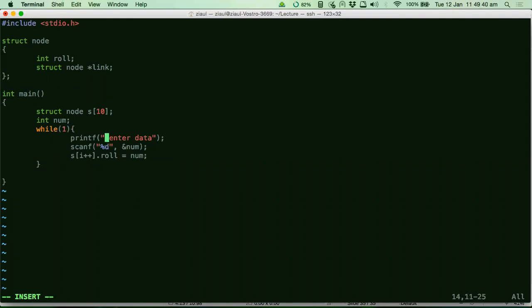But then still, this is an infinite loop, right? This loop can run for 1,000 iterations. After the 10th iteration, this loop will fail because you don't have enough structures in the array for that. That's why it will fail, because you don't know when this loop is going to end. Let's say this loop only ends when the programmer types something like if num equals to -1, then you just return from the program, or else this keeps on going. So there is no way for you to plan ahead how many iterations this loop will run.